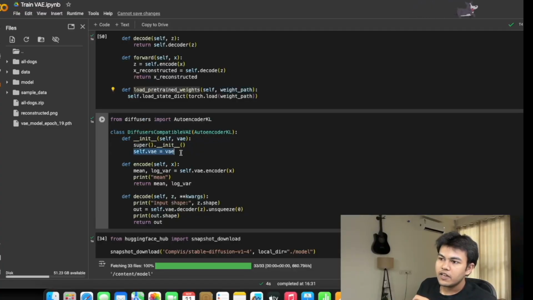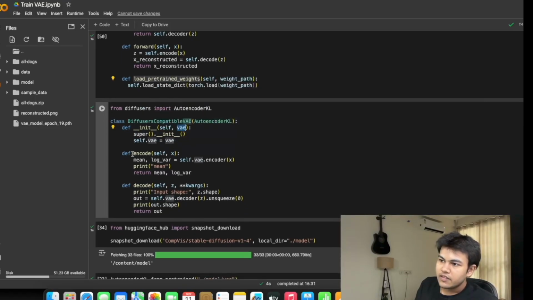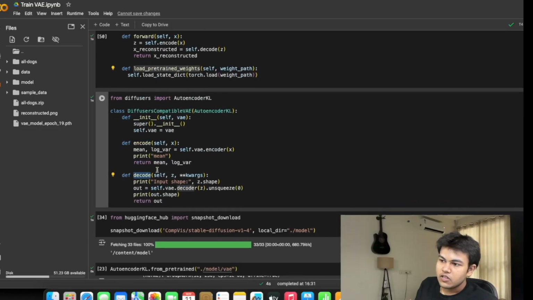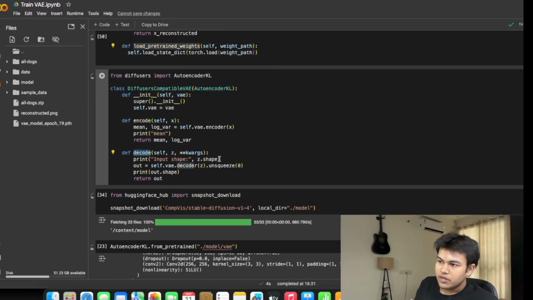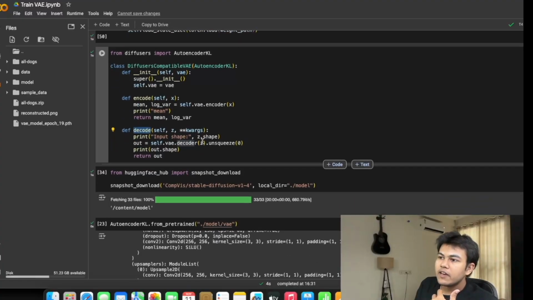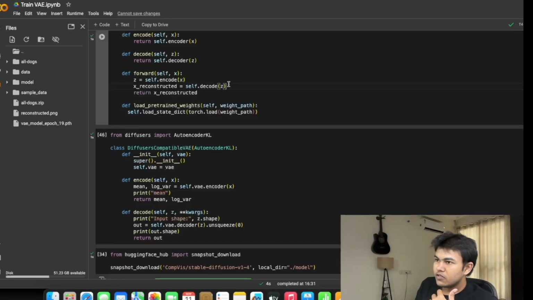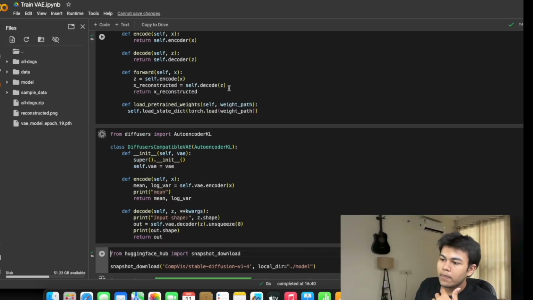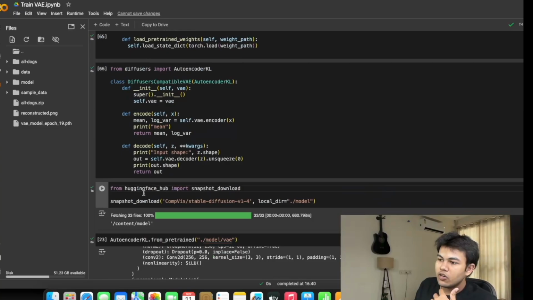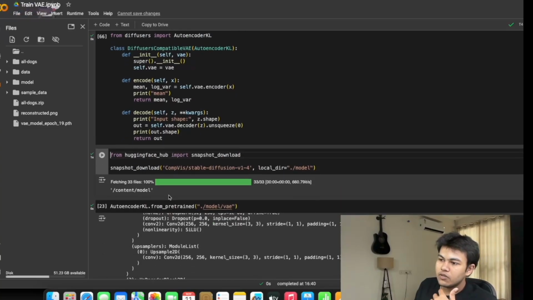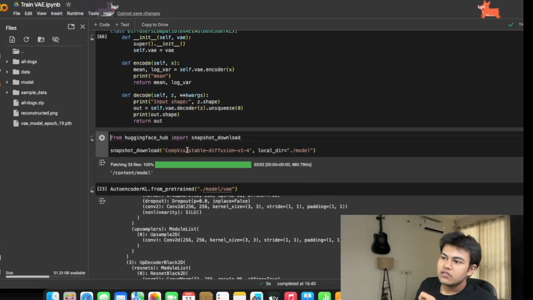Here I'm just defining self.vae as the VAE, getting the VAE from the constructor, and then the encode and decode functions. Here are some things I'm printing just to debug. So I think you just run this, and then run this, and then here I'm loading this CompVis/stable-diffusion